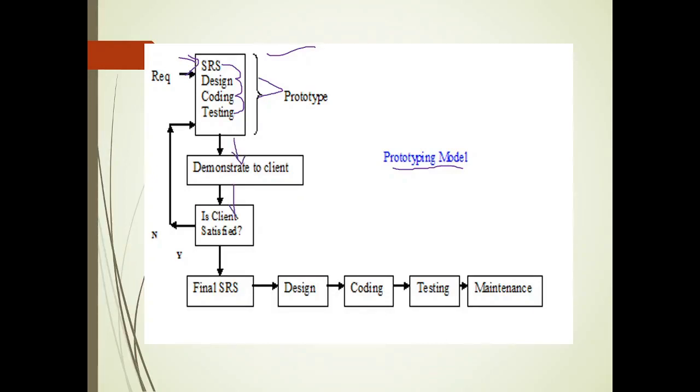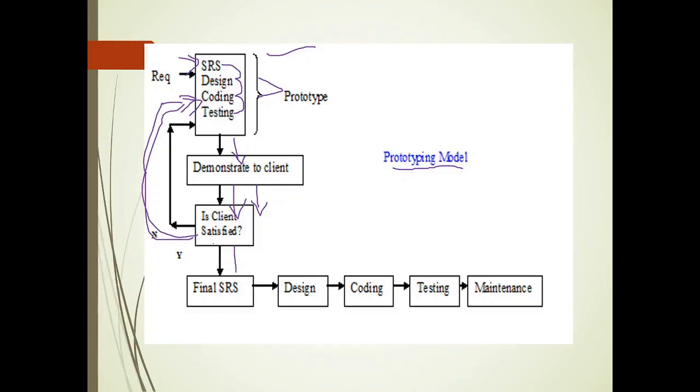If the client is satisfied with what is developed, fine, and if the client is not satisfied, then the same process will be repeated. Whenever it is demonstrated, clients are going to tell some modifications and changes. When we show them a prototype, they get a clear idea of what should and should not be developed, and based on that the client will tell some modifications. Again the same process will be repeated: designing, coding, testing. This process will be repeated until the client is satisfied.